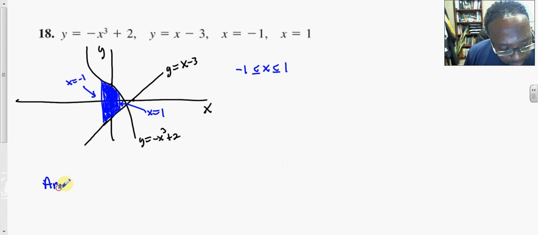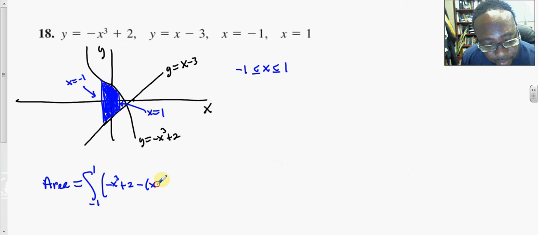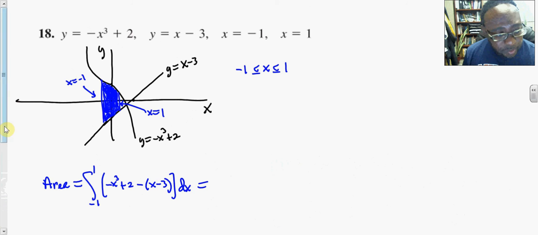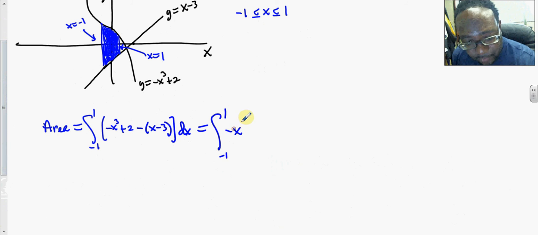So the area is equal to the integral from negative 1 to 1 of the top function. The top function is this curve, negative x cubed plus 2. And then that's minus the bottom function, which is the line there. So minus parentheses x minus 3, dx. We simplify this. This is negative x cubed minus x plus 5